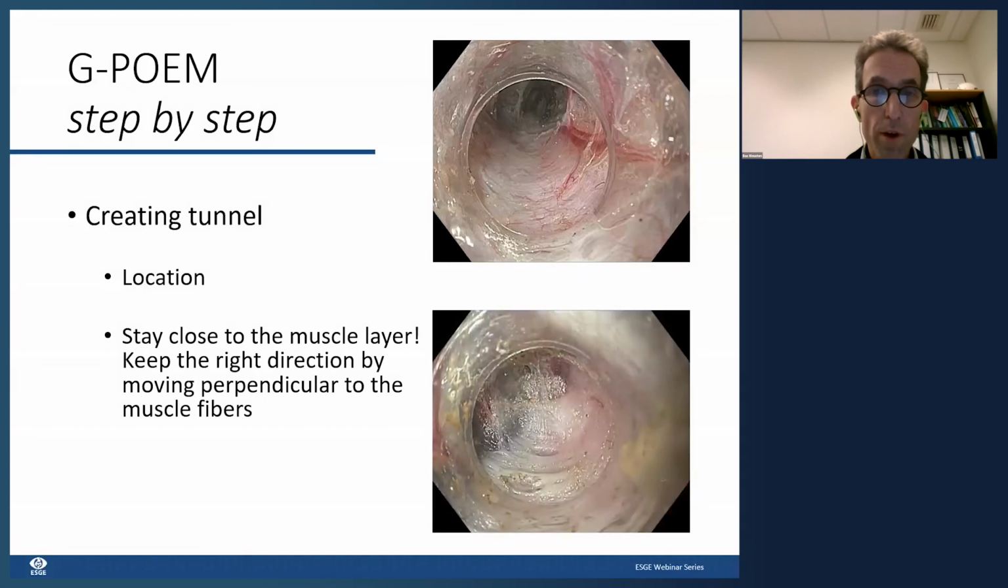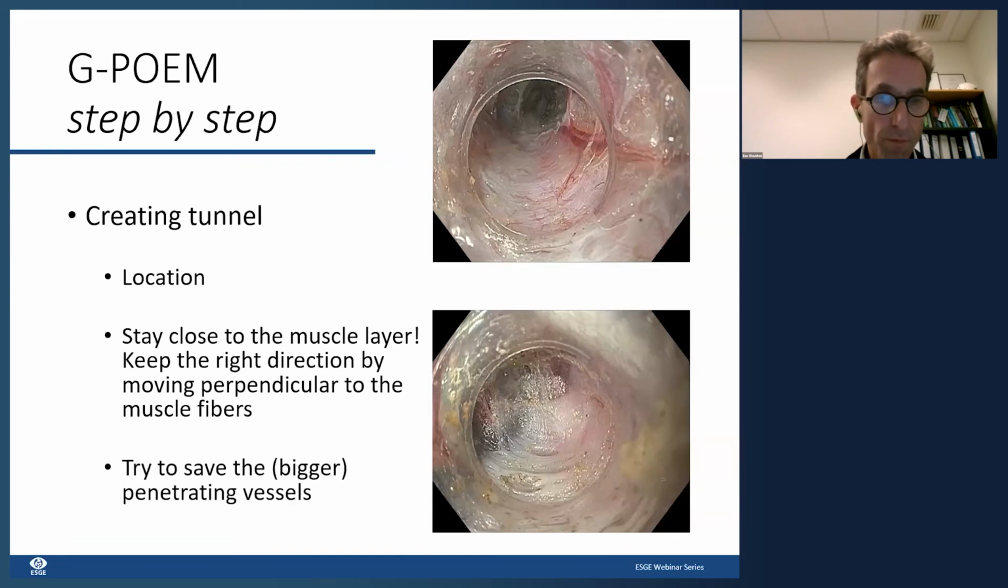The location is, of course, dependent on the location where you performed the mucosal incision. But most importantly to mention here is that you really should stay close to the muscle layer, because you can easily get lost in the submucosal space if you don't know where to go. And the orientation of the circular muscle layer of the stomach, of the antrum, guides you towards the pylorus. As long as you move perpendicular to the muscle fibers, you will never miss the pylorus. And if you don't see the muscle layer, then it is easy to miss the pylorus and to have the